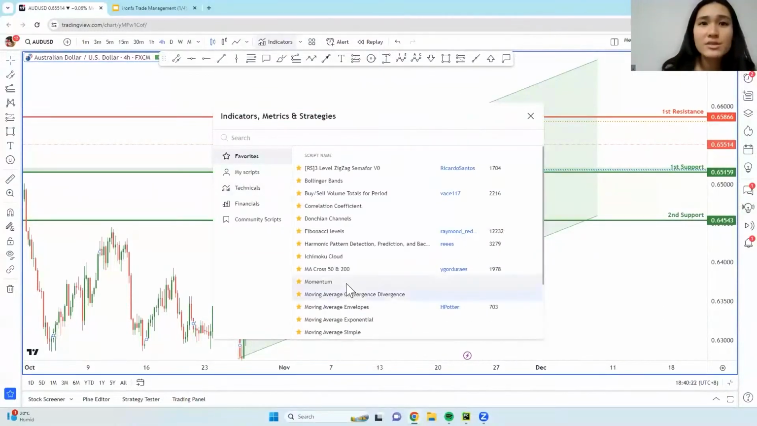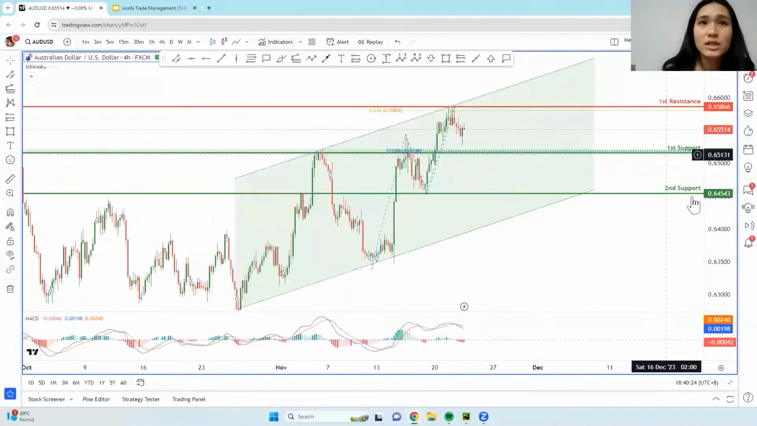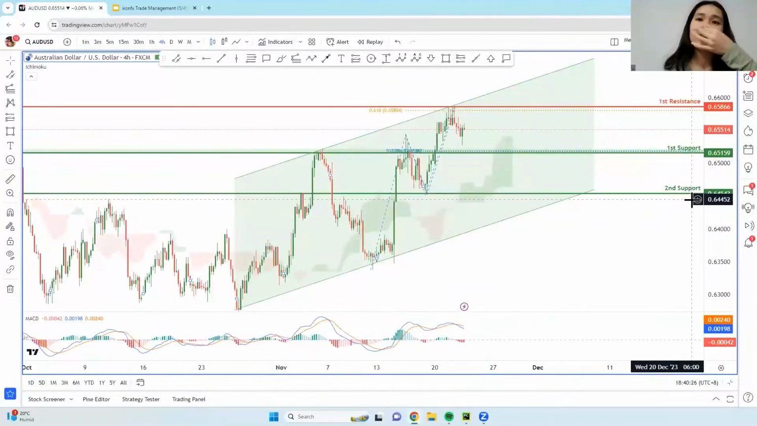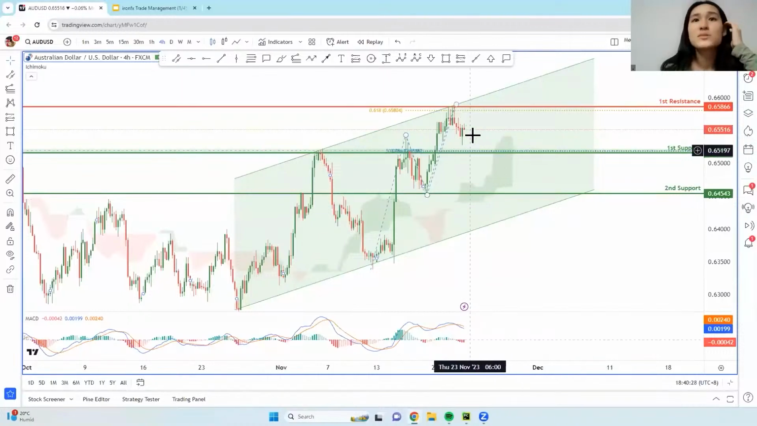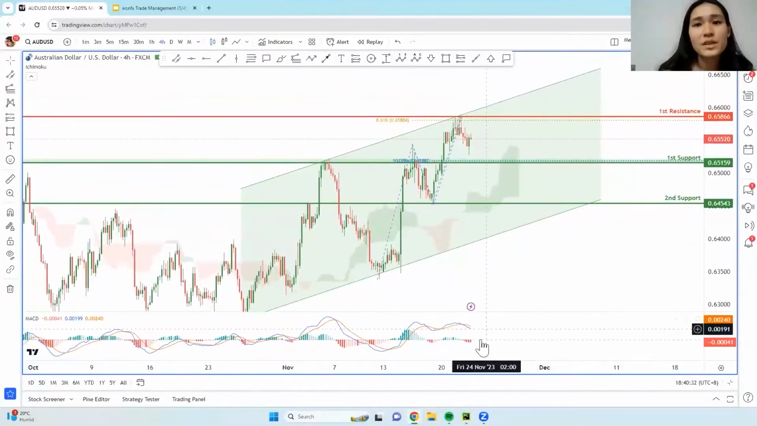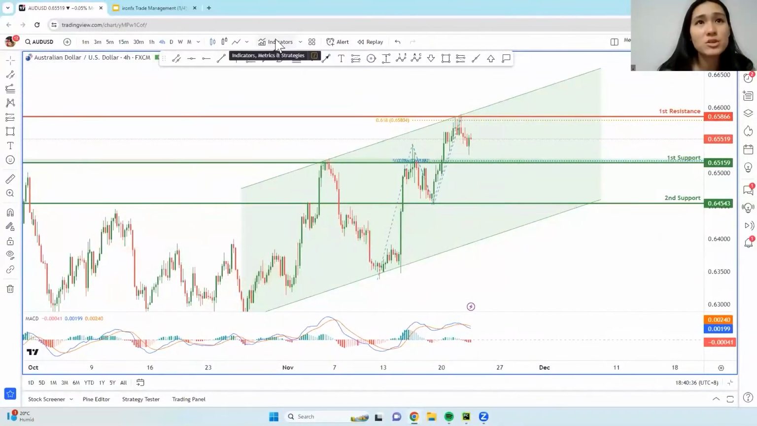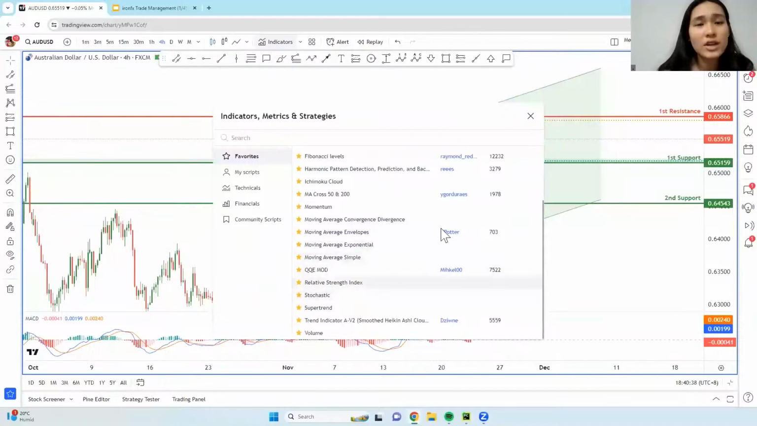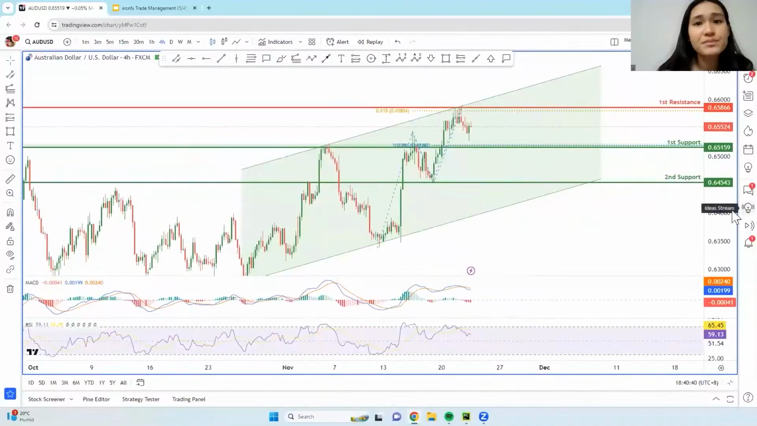Let's take a look at some indicators to support our analysis. So we're expecting prices to drop towards our first support. MACD is giving us bearish, Ichimoku is giving us bullish, so I'm going to remove that. Let's take a look at RSI. Once again, RSI is giving us